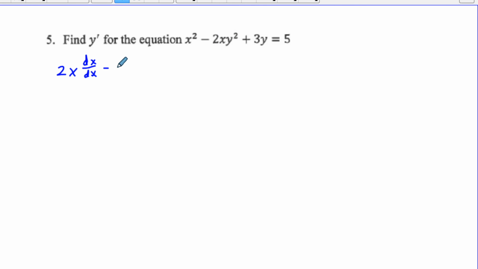So we'll take 2x, the product of the first one, which is 2x, times the derivative of y squared, which is going to be 2y dy dx,